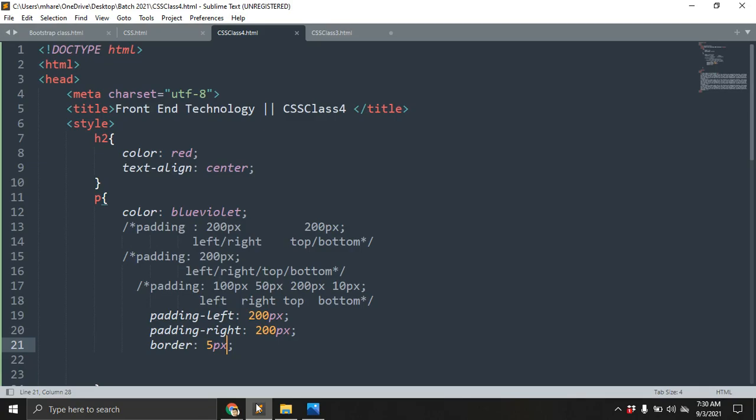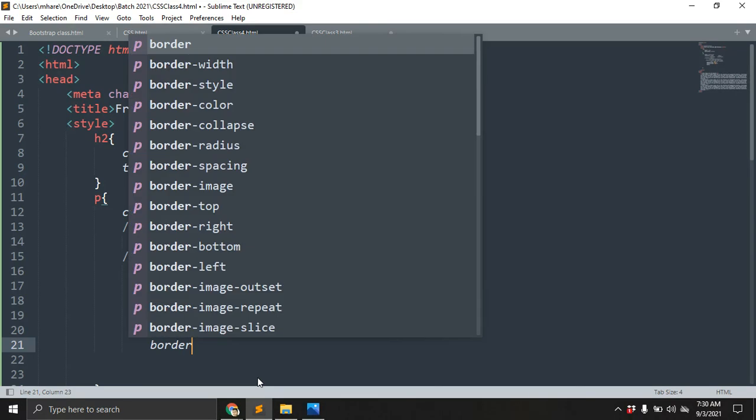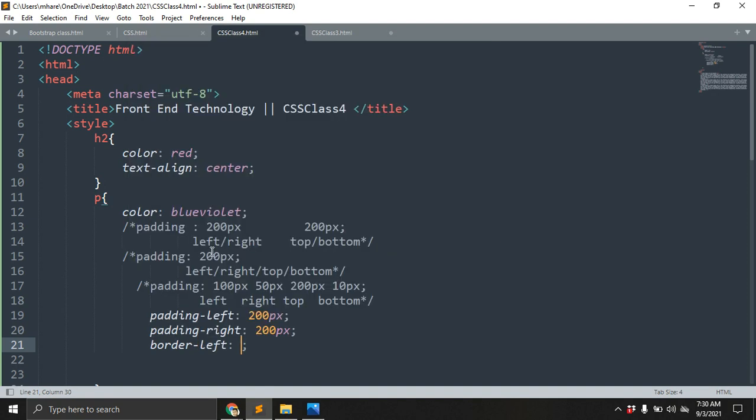Not giving like this. Border left. Let's see the output.